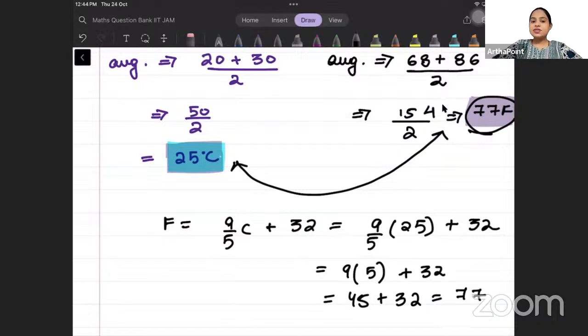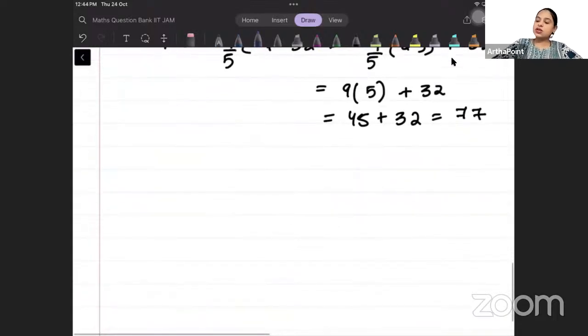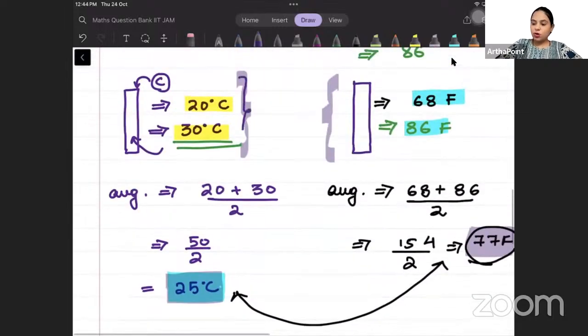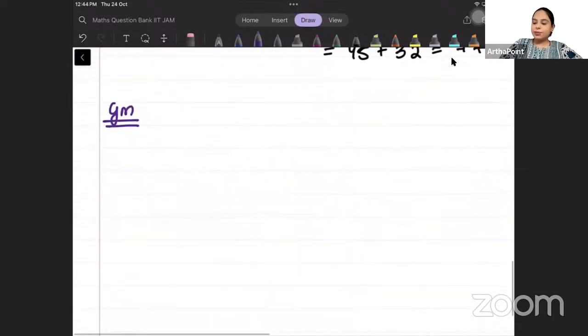Symmetric means exactly the same, nothing different is coming. We are getting exactly the same value. Now what we can go ahead and do is, we can find the geometric mean. So if I try to find the geometric mean, what is going to happen here? Well, I am going to get 20